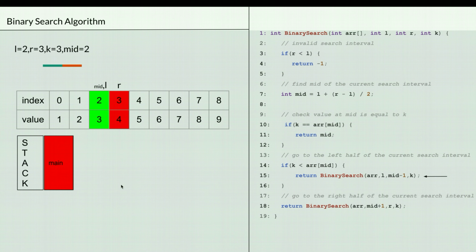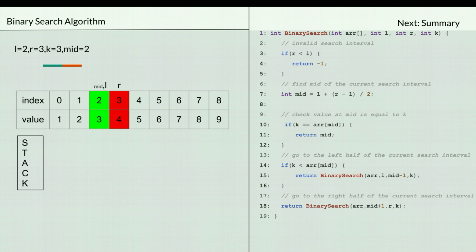Now you can see the top of the stack has been popped out, and this function has started its execution from line number 15, and this function is also returning the value, and when it returns, the return value will go to the main function call. That's it. This is how the recursion algorithm works, and this is how the binary search algorithm works.